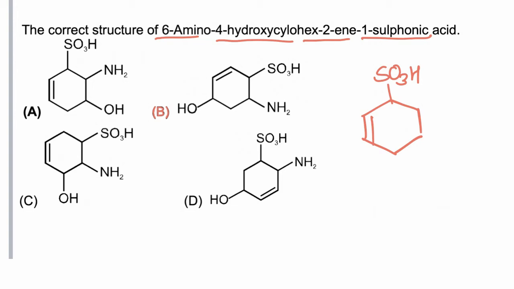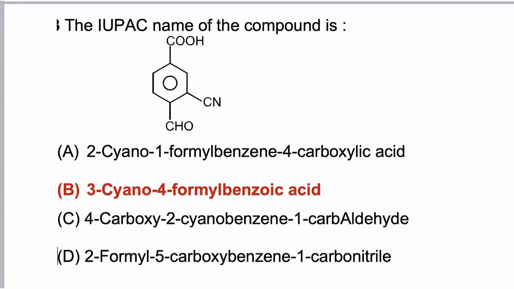In this molecule, both the open part and the ring are present: the ring has 6 carbons, and the open chain has first, second, third, fourth and fifth carbons. At first we have to select the principal part. An amino group is attached at the sixth position, and according to the priority order the principal functional group is selected. At the fourth position a hydroxy group is attached, so the principal functional group is 4-OH, hydroxy, present in the ring. So the ring is the principal chain, and the open chain is a substituent. The molecular formula is similar to structure B. So the first carbon is given to the carbon from which the principal functional group is attached. Hence B is the correct answer.